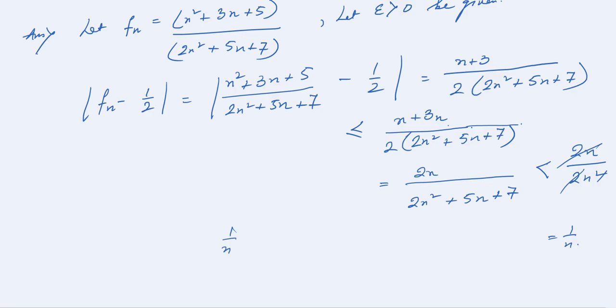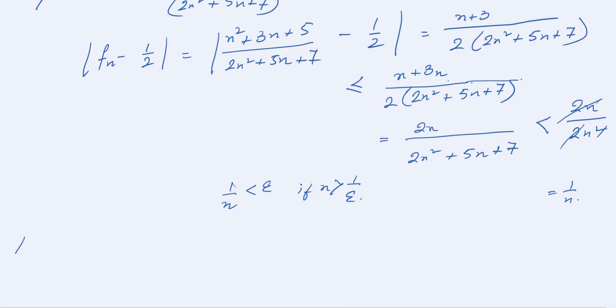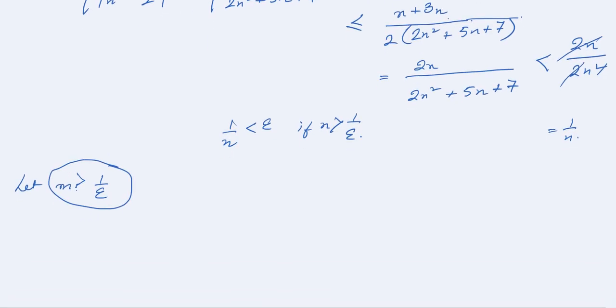Now 1 by n is less than epsilon if n is greater than 1 by epsilon. So according to the definition, let's fix m equal to 1 by epsilon. In fact, let m be greater than 1 by epsilon, so not equal to, greater than, because it might not hold if it's equal to 1 by epsilon. So let's suppose this is fixed, that m is greater than 1 by epsilon, and by the definition there exists,